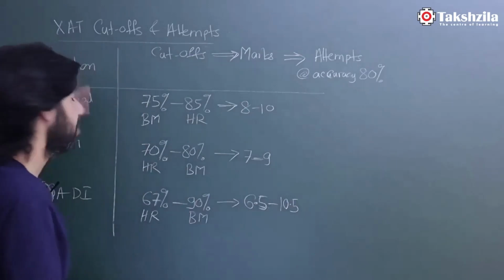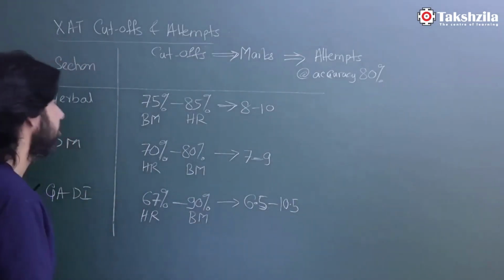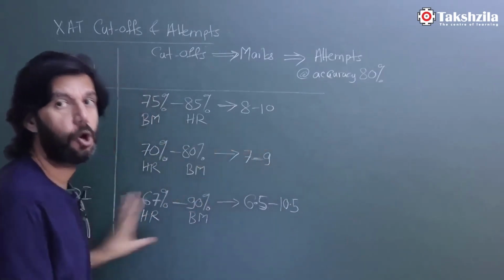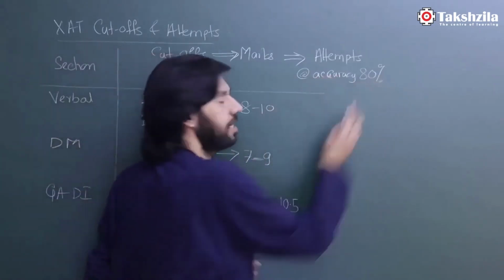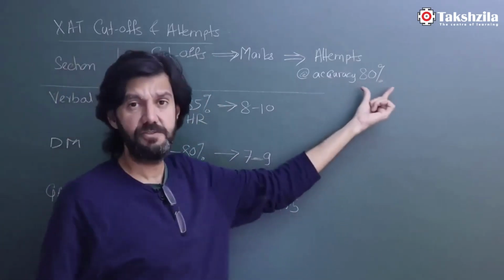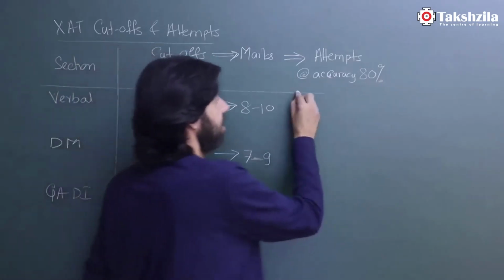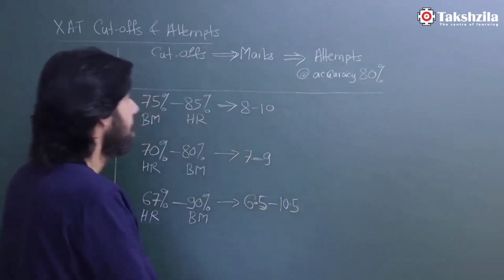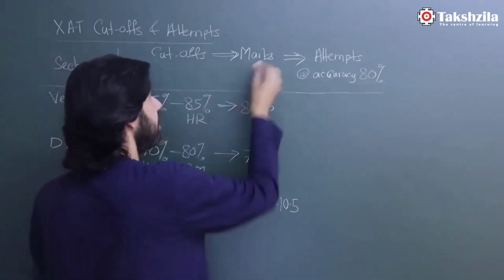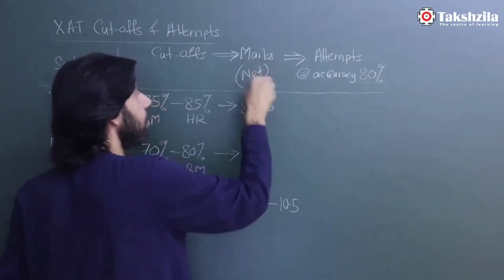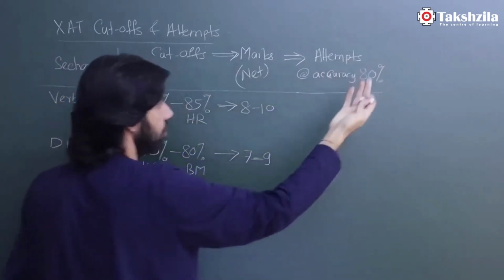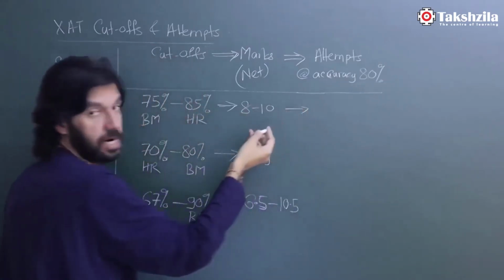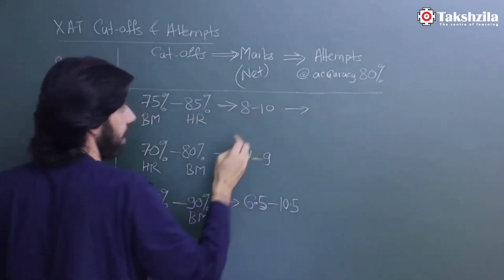And obviously accuracy is different for different sections. I factored that in. For verbal, I've taken 80. For DI, it is just 75 I've taken. And for quant, I've taken 85. So I'm just putting 80 here. But then you do this analysis yourself at the accuracy level that you target. Someone gets good accuracy, someone even feels 80 is a high number, right? So either keep these net marks as your goal, or if you want to translate into attempts, use your own accuracy number. With an 80% accuracy number and the negative marking, I'll talk about negative marking also,